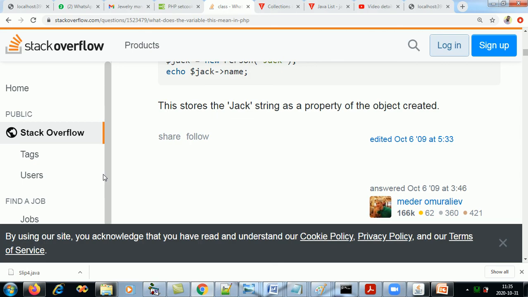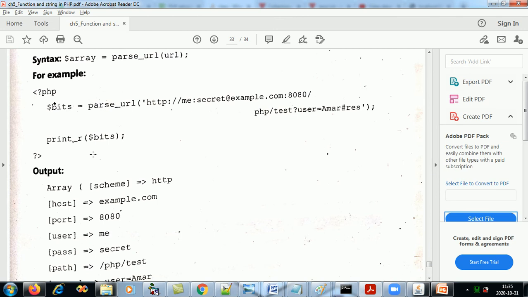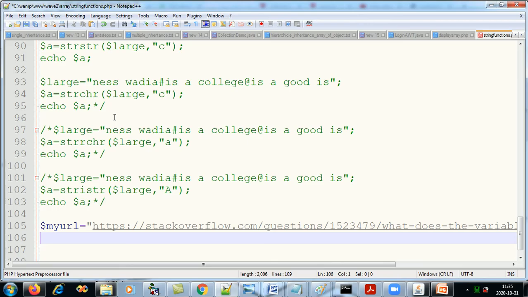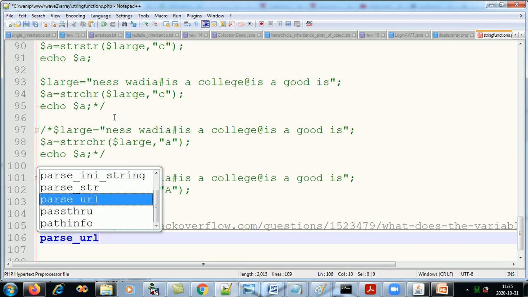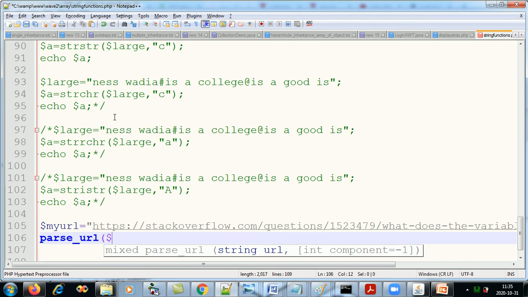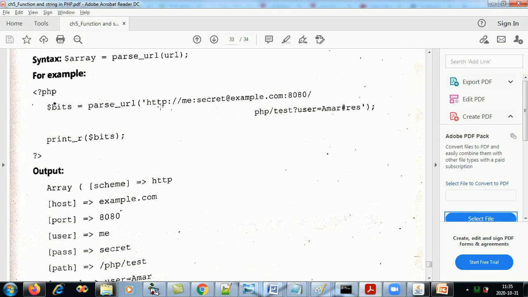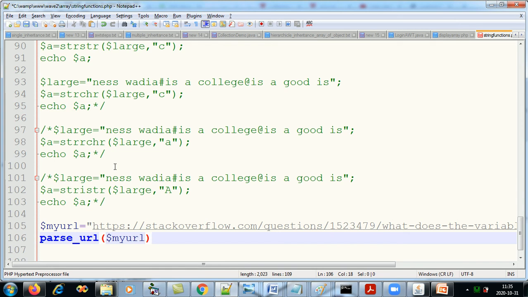Now what is the function? The function is parse_url. Which URL am I passing? $my_url. So it will return the different tokens of this into the array on the left-hand side.